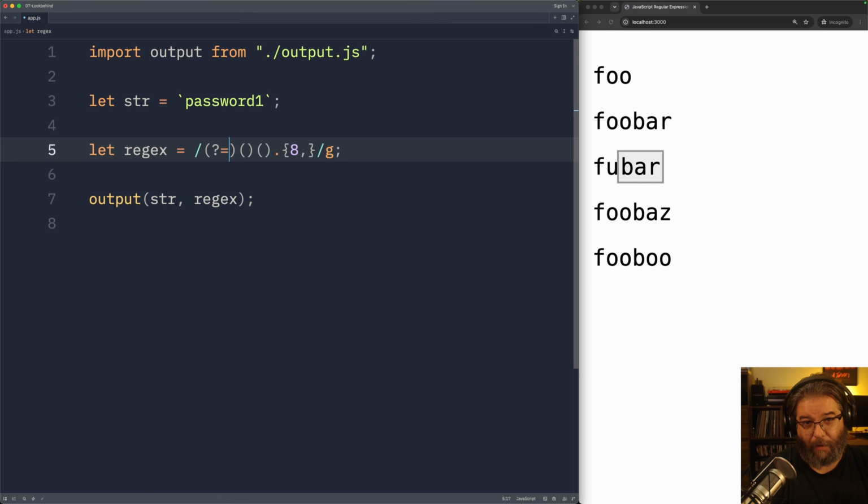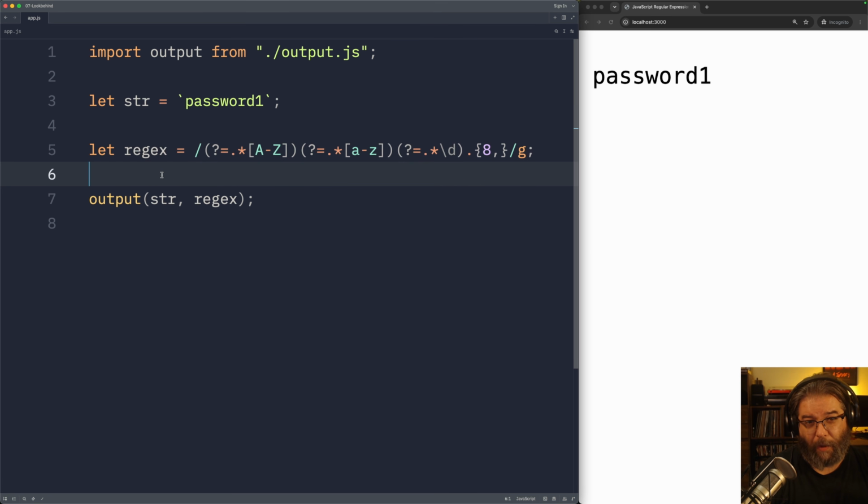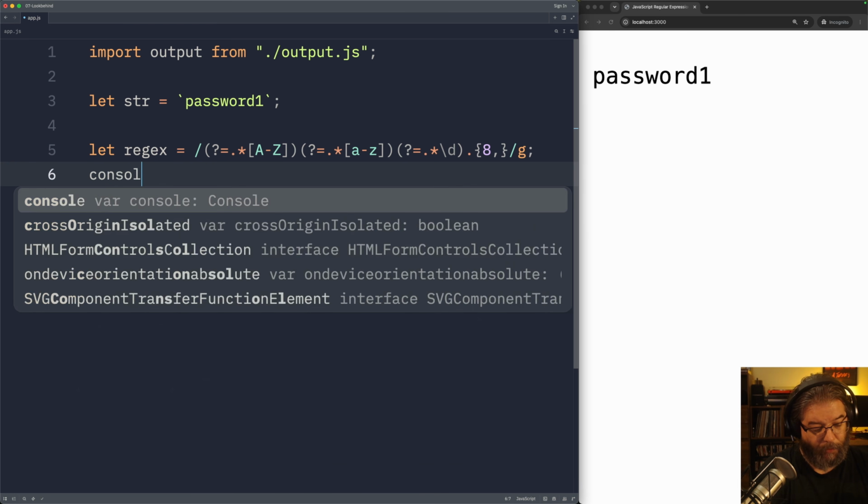Now, each of these is going to be a look ahead. So I'm just going to drop that into each one. Let me see what we're doing here. And then here, I'm going to say 0 or more of this character class. So that'll be A to Z. And we'll do the same thing here, 0 or more lowercase a to z. And then 0 or more digits. I think that'll work. So the way we're going to test this is we'll just console log